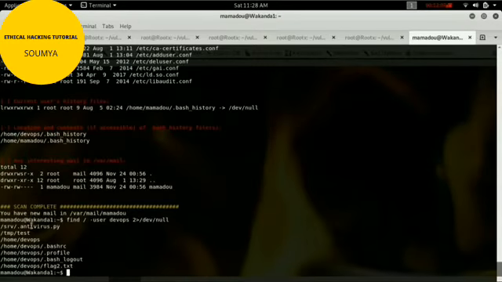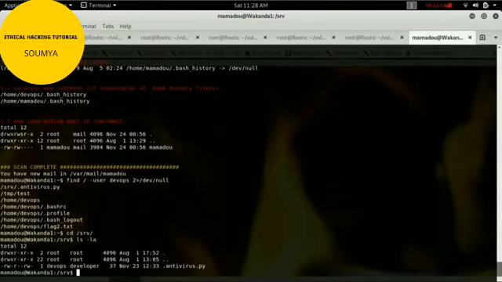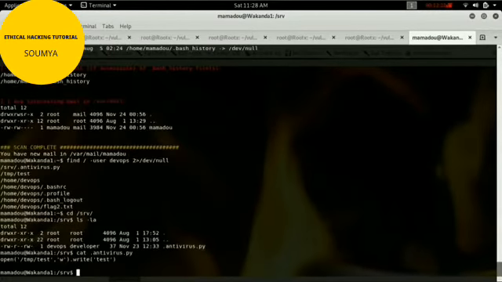Just go to /srv/antivirus.py. DevOps has Python file access. Just go to the file. Cat antivirus. It's a Python file. What is in that? It's read and write. No problem, we can edit this one. Maybe we should edit this Python file with our reverse Python payload, and we will get a reverse shell.